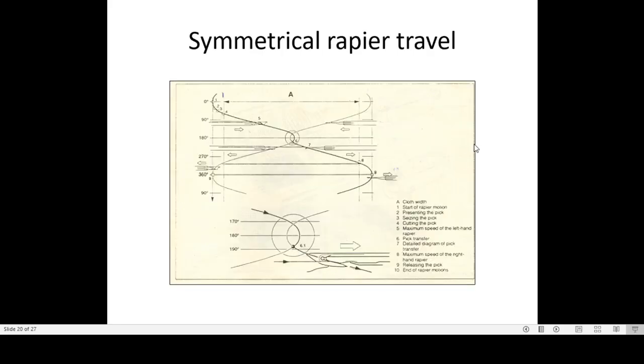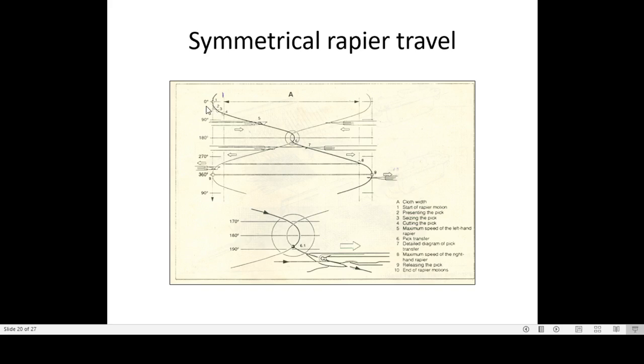So next, in the rapier, the rapier movements are always symmetric. Both rapiers should move symmetrically, otherwise weft transfer failure will occur. Proper weft gripping will not be there, and proper weft release will not be there. So see here what is happening. What is symmetric rapier